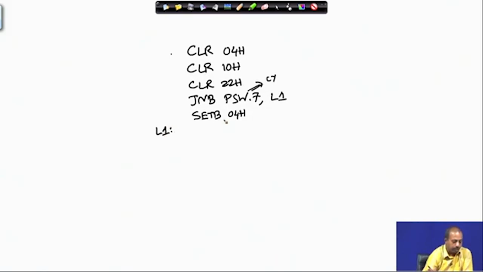So, we can do the next check like JNB PSW.6, L2. If the auxiliary carry bit is set, in that case we need to set bit location 10. So, we write SETB 10 hex. And then in L2